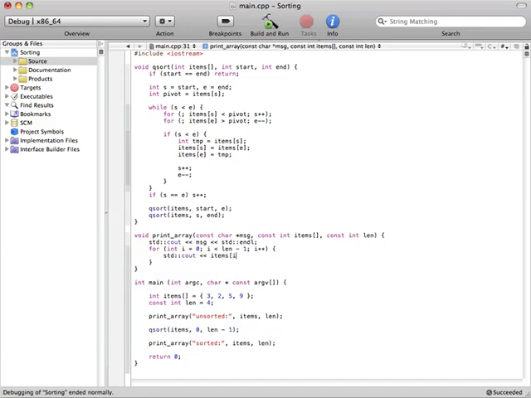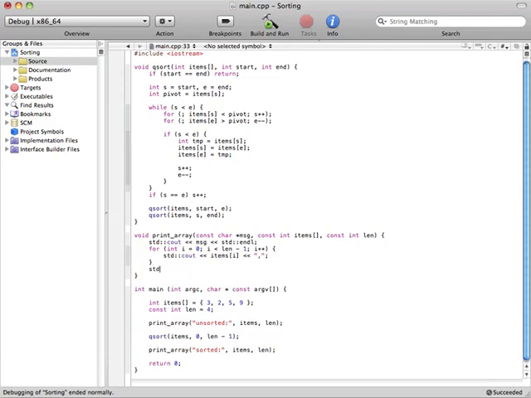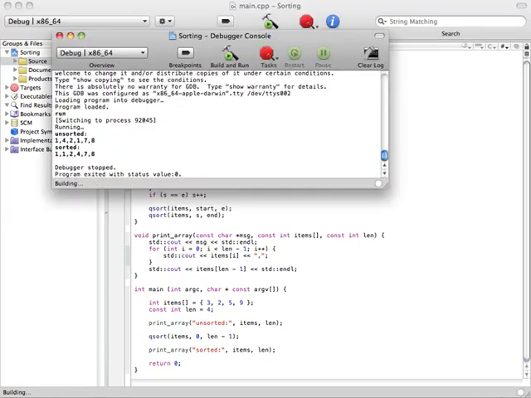So we have items i, and then we'll do standard cout items length minus 1, standard endl. All right, so we build this, good, no errors, and if we go ahead and run this,